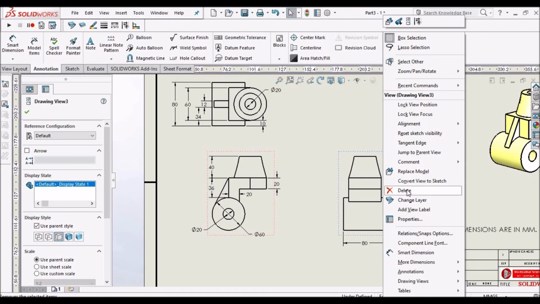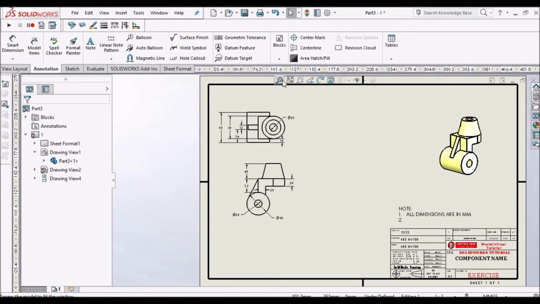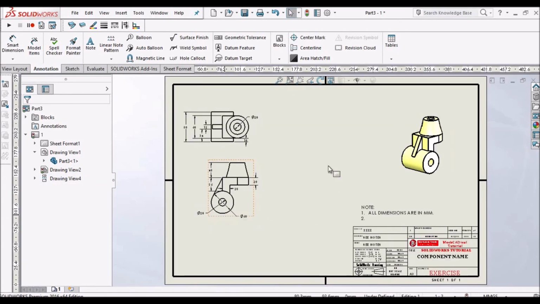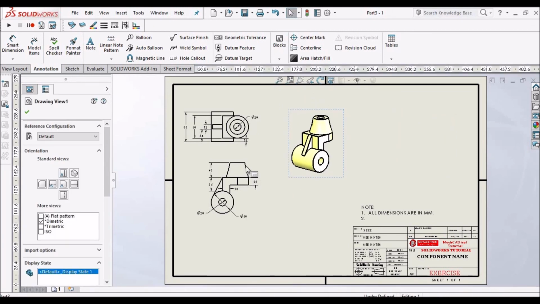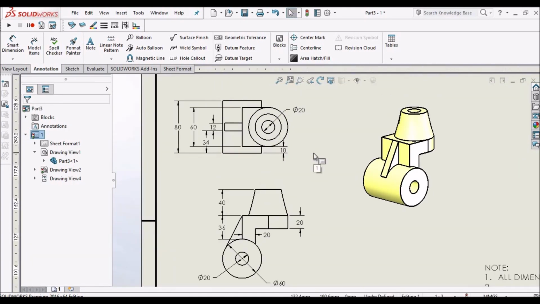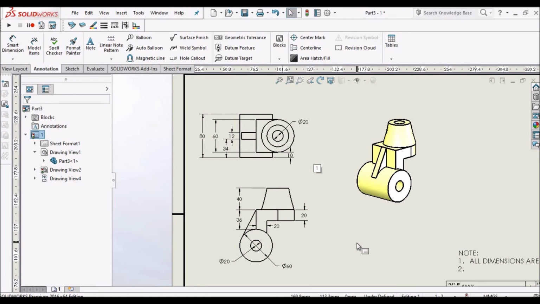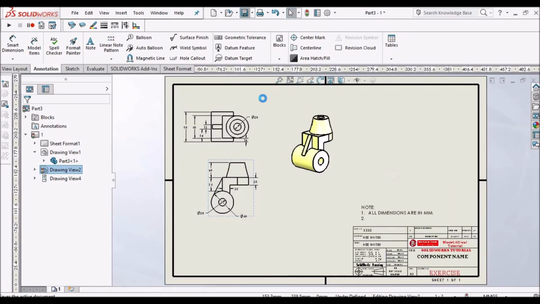I can delete this view. See, all dimensions are covered. This is how we have to create the drawing. Thank you very much.